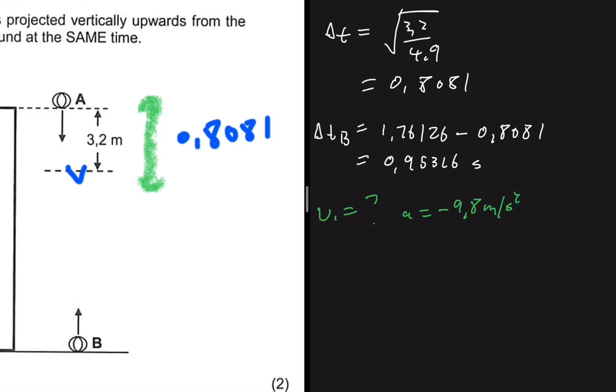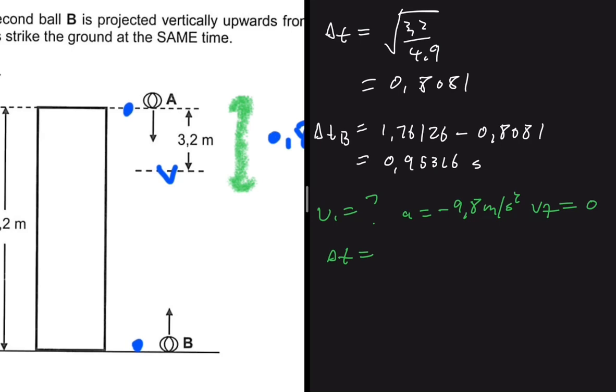But if we take the motion from the ground to the maximum height, we have a Vf which is equal to 0. And then to find the change in time from ground to 0, we're going to say total time divided by 2,